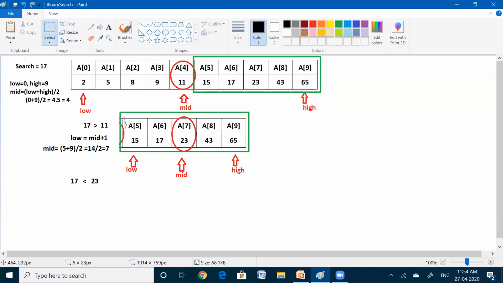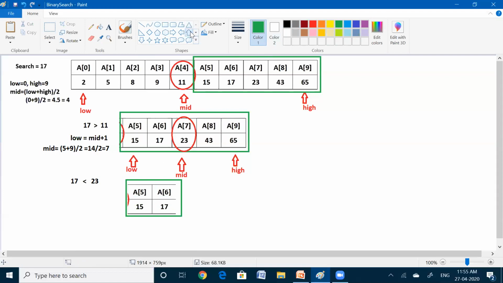So what are the elements that are there in the left side of the list? Two elements we have, A5 and A6. So only those two elements we need to search now. So this is the left list. In this left list, we need to perform the search operation. Again on this left list, we need to apply the binary divide and conquer approach. We need to find out a new low value as well as a new high value, and with those we need to find out the middle value.